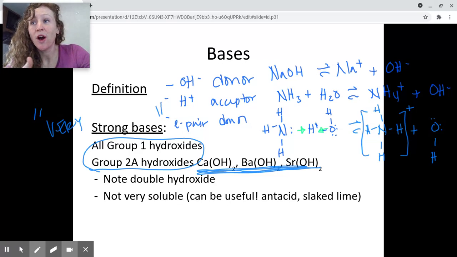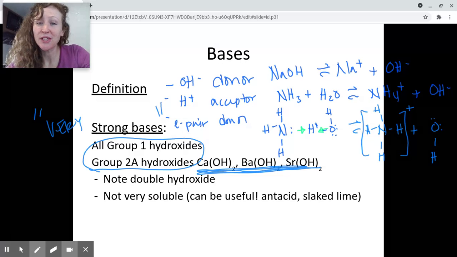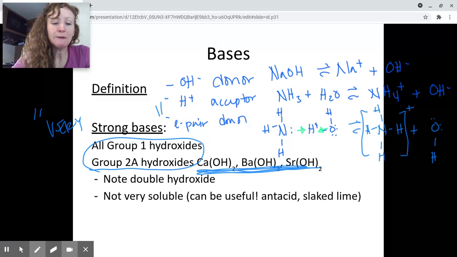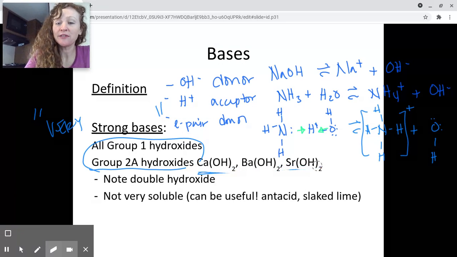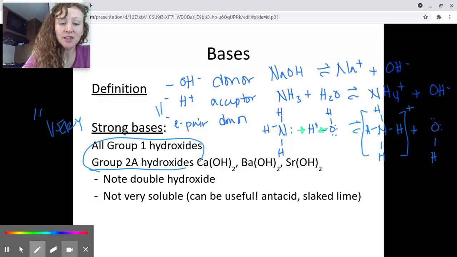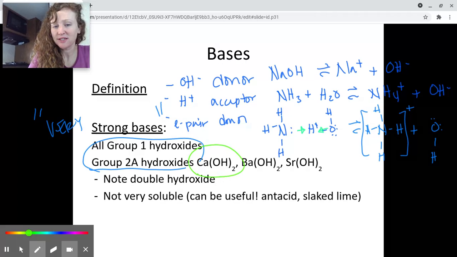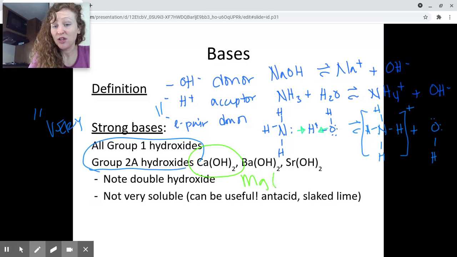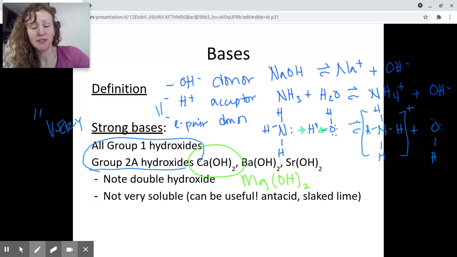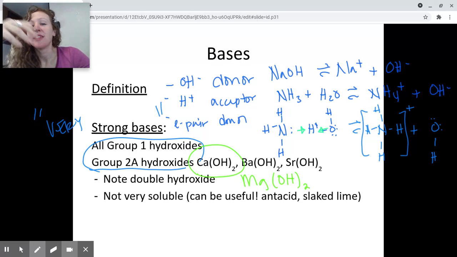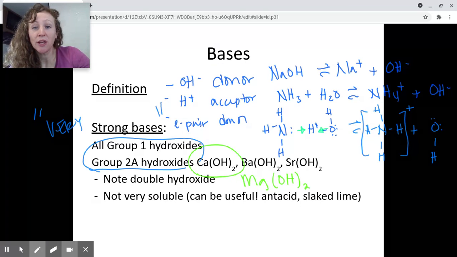When you put them in water, they really don't dissociate to a great extent. And a really great example of this is calcium hydroxide and magnesium hydroxide. They're not very soluble, right? So when you put them in water, they don't dissociate in water to a great extent, but they're still considered